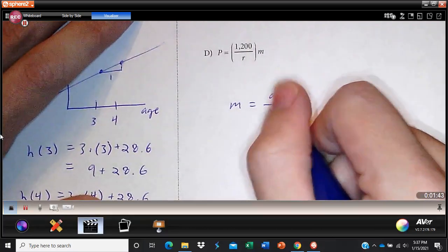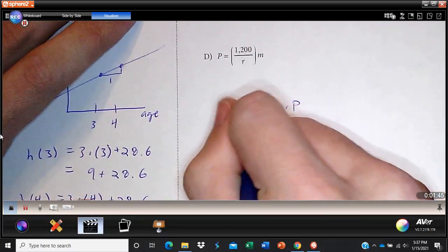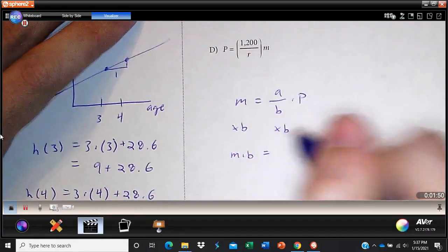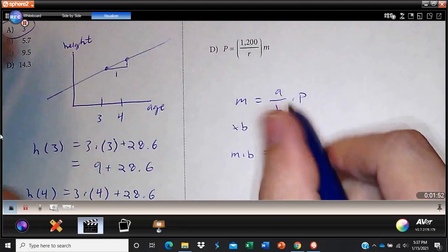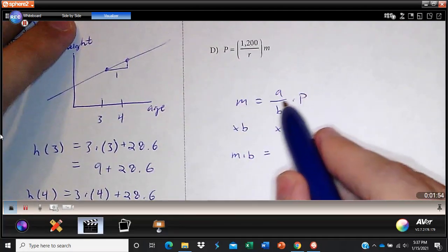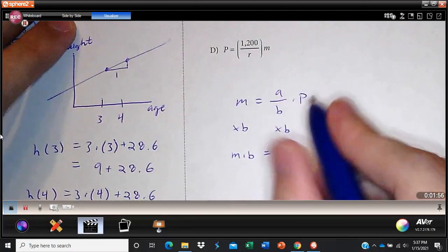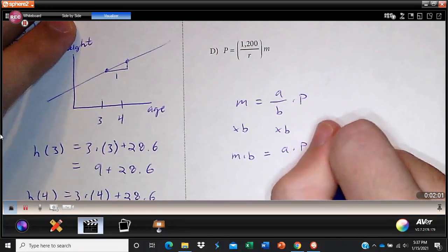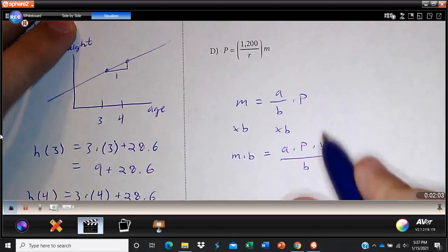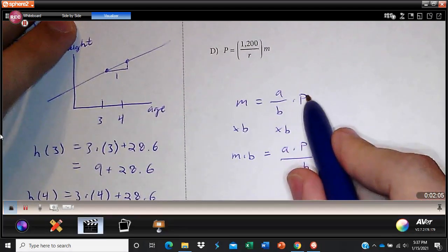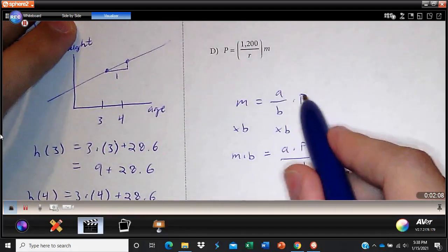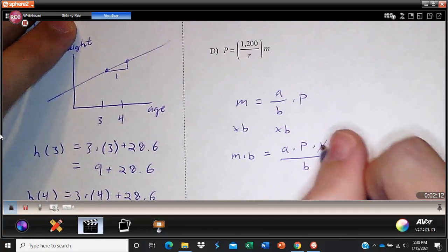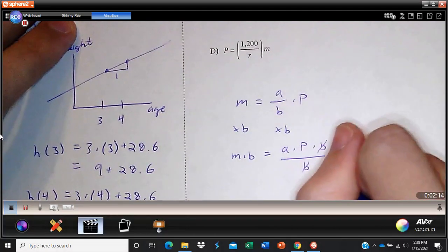then we would multiply both sides by b, and then m times b is m times b, and that's kind of obvious. A times p over b times b is going to be a, well, I'm going to put p on the numerator, times b over b. And the reason I can do that is fractions. I'm just multiplying these, so I can put p up top here, and then we multiply by b as well. And now it should be obvious that the b's are going to cancel out. So this is really a